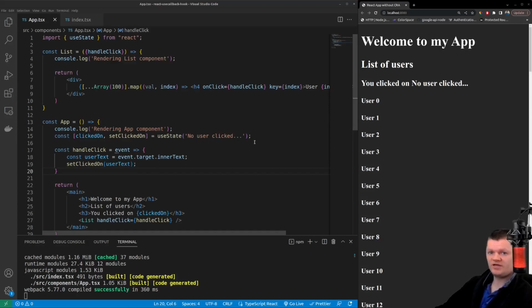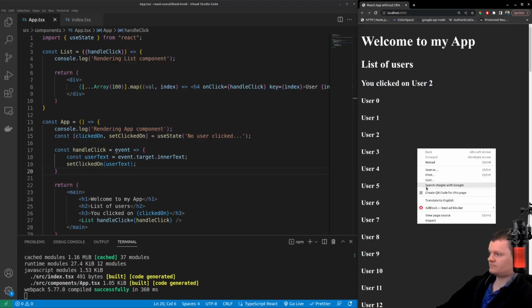So here, when an h4 tag from the list component is clicked, it will change the state of the app component as the handleClick method will be triggered. So we can see you clicked on user 1, user 2,